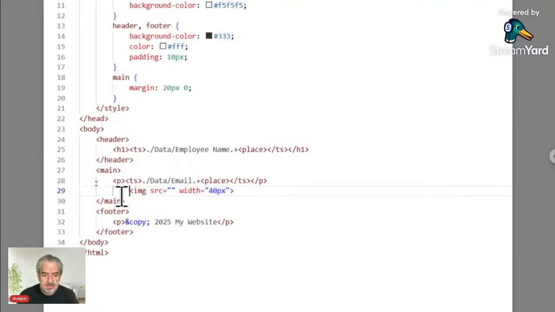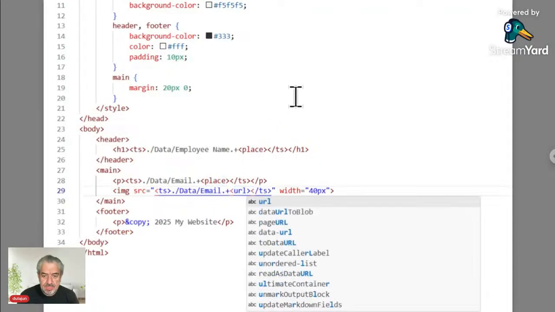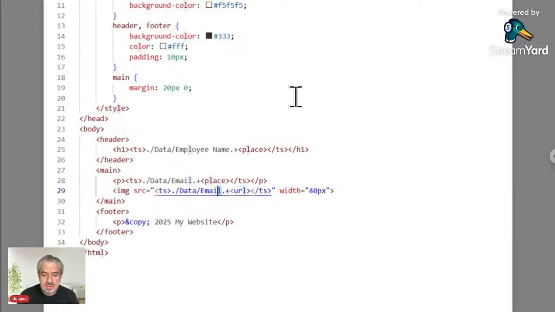Now here we want the TS tag, but instead of place we use URL, because we don't place the data of the image, the SVG here. We want the URL to the file. So instead of place, write URL, and instead of email,